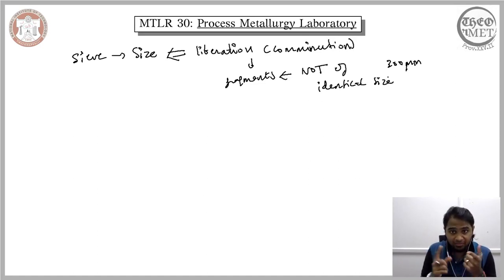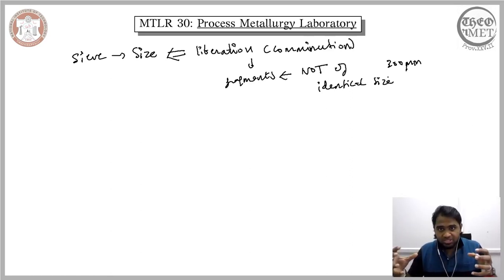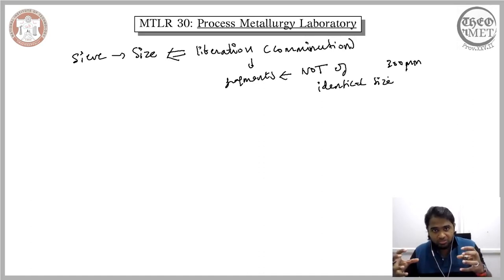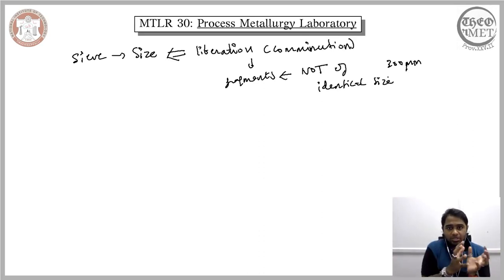The second aspect that we can understand from the sieve analysis is that the overall process chain works. The overall process chain that we have devised, it works. So that is something that can also be understood from the sieve analysis. What I mean by the overall process chain is validated is that the accuracy of the overall process chain can be verified by sieve analysis. So when we devise a process chain, we are subjecting a specific category of the particles to the subsequent comminution or subsequent fragmentation.